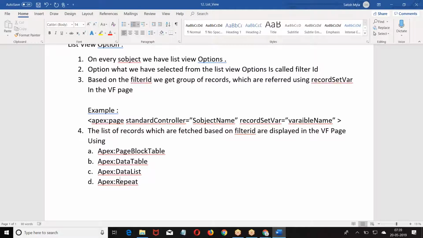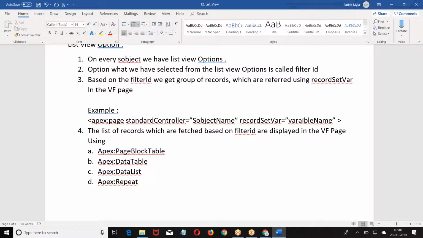Second point, how will you get a group of records? You are not writing any SQL queries. You are not going for any Apex program. How will you get a group of records? Based on the list view option, we have selected one of the options. Then we are going to get a group of records. Those group of records I was trying to display. Why was I going with the standard functionality? As I have not yet started Apex programs with SQL queries, I am going with this way of fetching the data. I hope you are good.